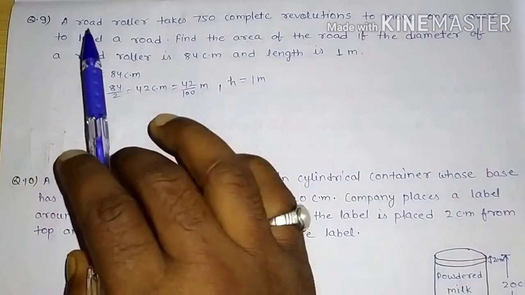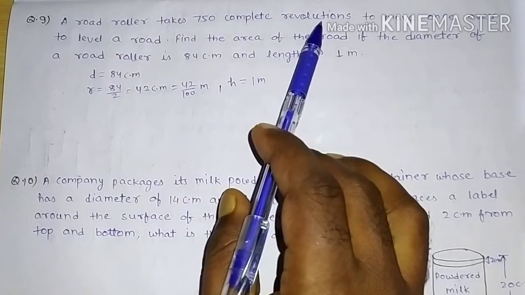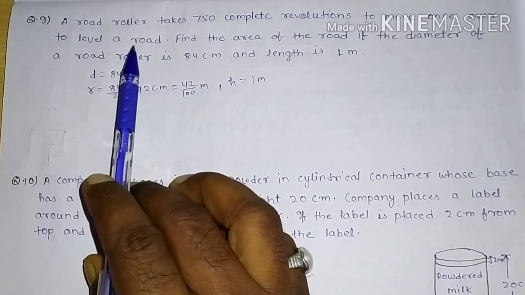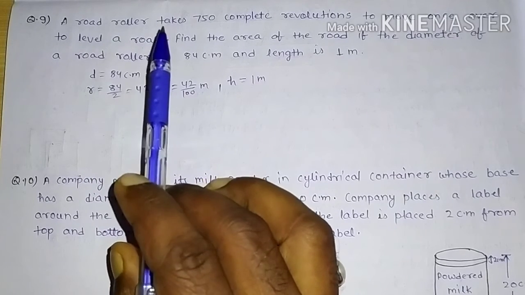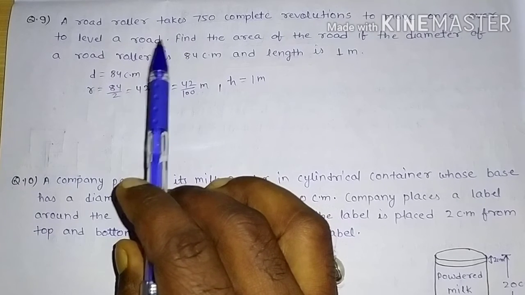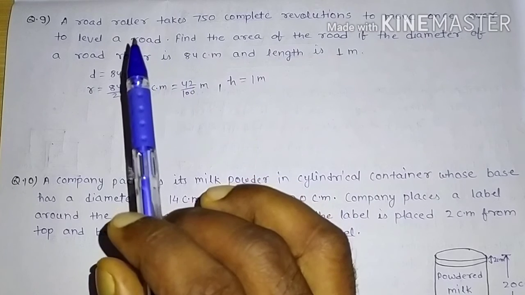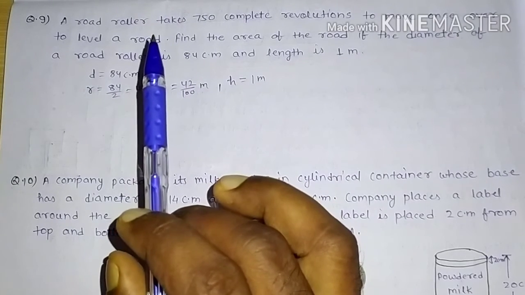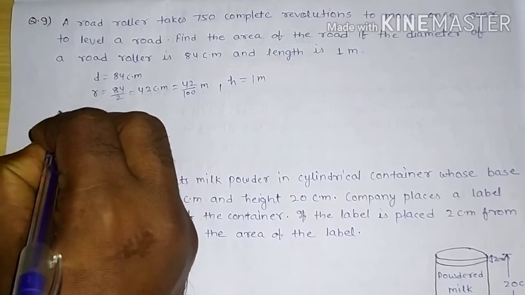Now the question is, a road roller takes 750 complete revolutions to move once over to level a road. Now we know that in one revolution, the roller will cover an area equal to its lateral surface area. ठीक है, वन रिवोल्यूशन में कितना एरिया कवर करता है सिलेंडर? सिलेंडर के लेटरल सरफेस एरिया के इक्वल एरिया कवर करता है. So here we can write, in one revolution